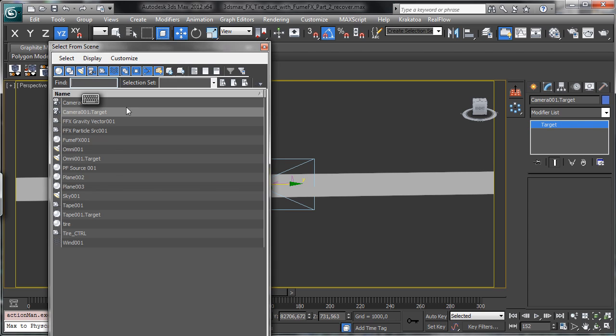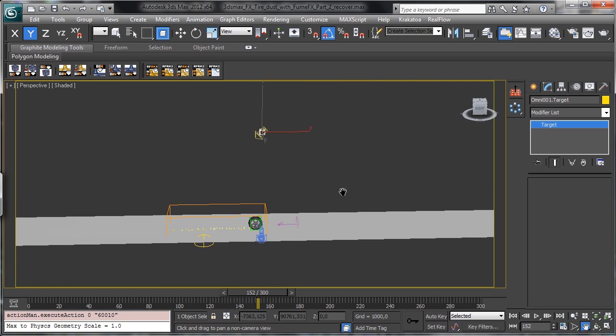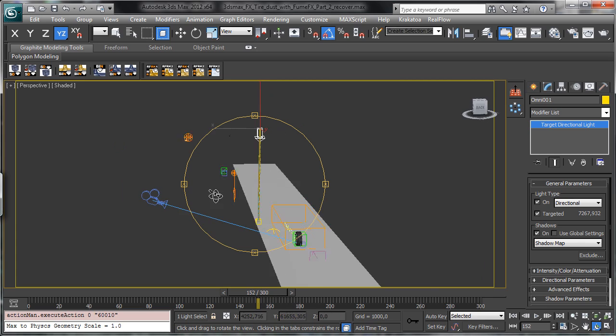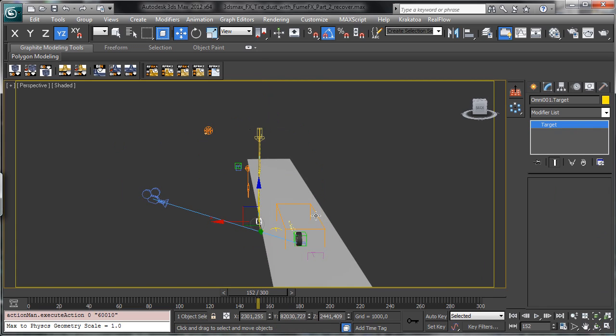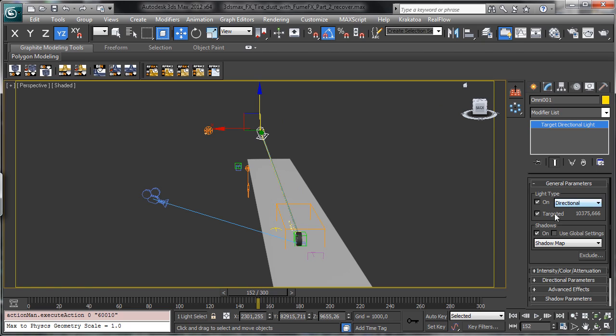Sorry, we have to move the target there. Okay, and maybe just a little bit. So this one can be linked to there, and this one will be